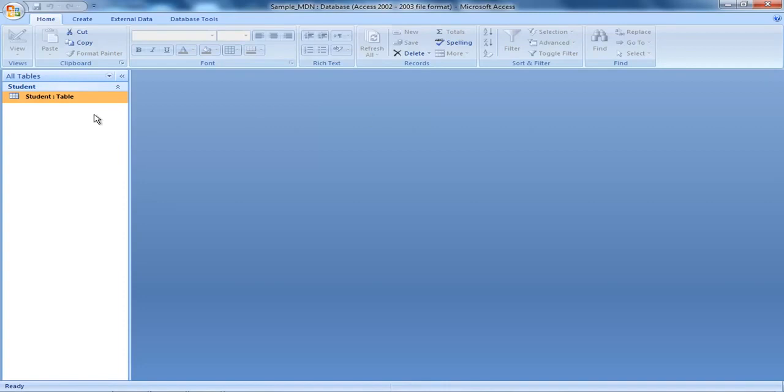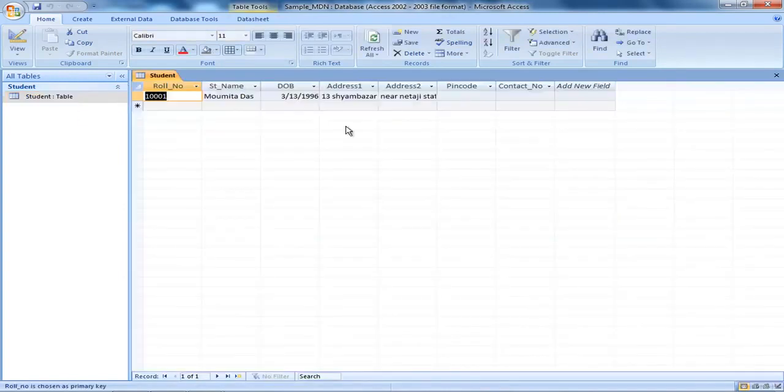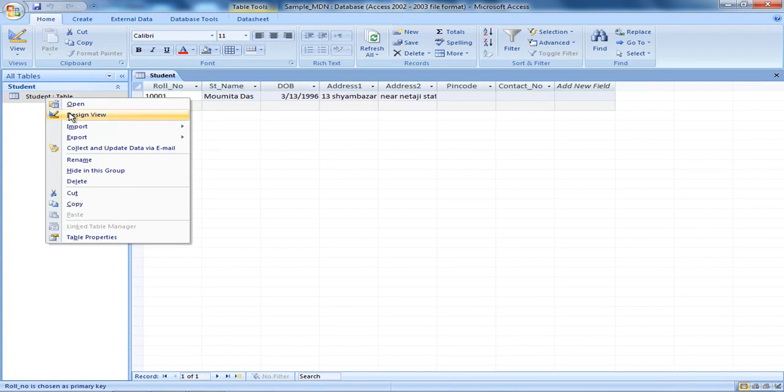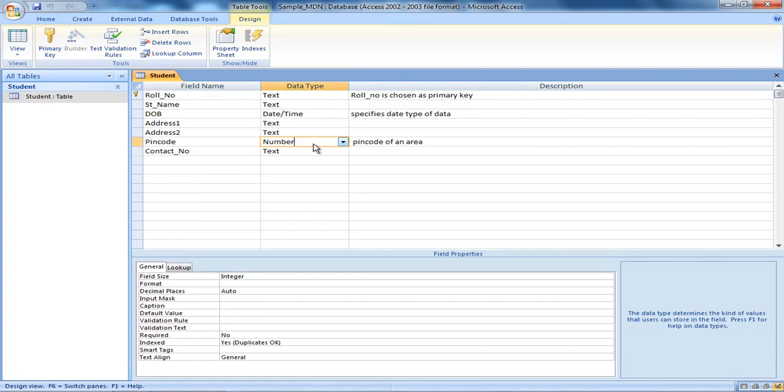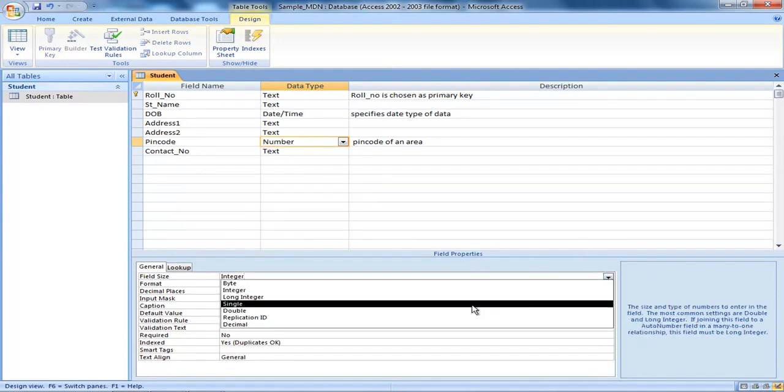Now I have to see whether I have given text type of data or not. Let's come out, save it. Pin code has not been entered. Let's go to the design view and check what I have given for number. Number data type is not taking here.